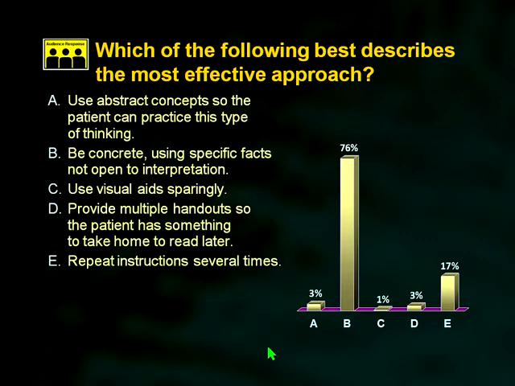The others are things that can be done. Obviously, visual aids can help, so C is probably not a great answer. Handouts, the literature shows that even with adults, they don't read that stuff. So, it's great, and we all do it to sort of make sure we cover our butts. When we send people out the door, we can give them instructions, it's written down, and we can put it in the chart, and we say we did it, but people don't read that stuff. And there's really nothing that's going to drive an adolescent more crazy than repeating things over and over.